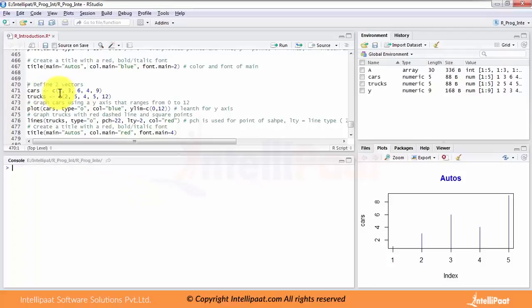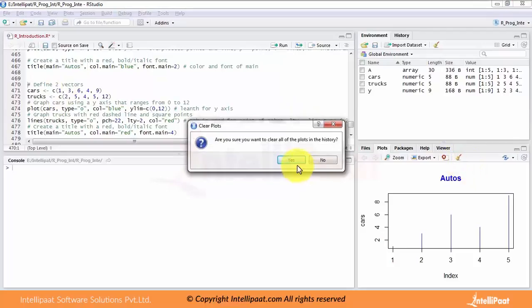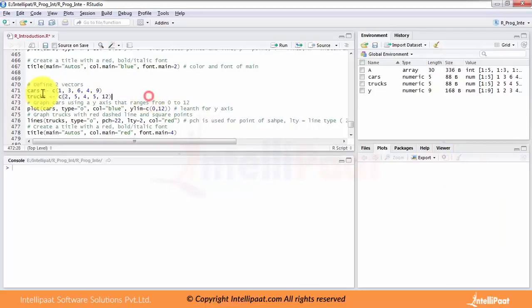Now the earlier example was with one vector. Only information about car, or auto, was given. Now we are going to talk about two different vectors. One is cars and the second is trucks. So now what are we going to do? We are going to plot